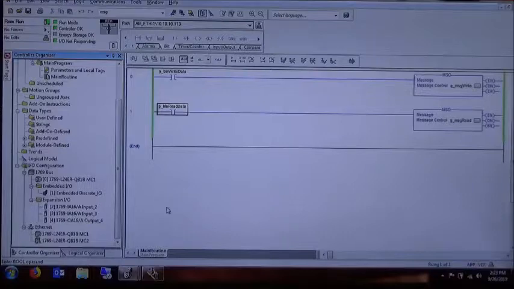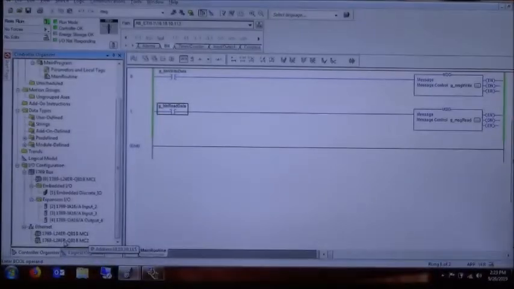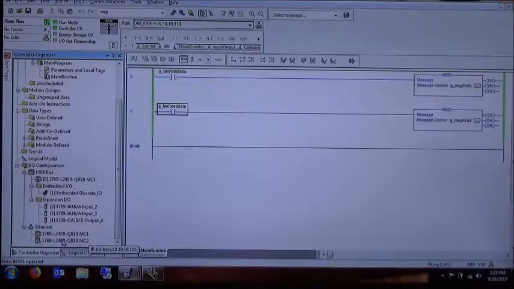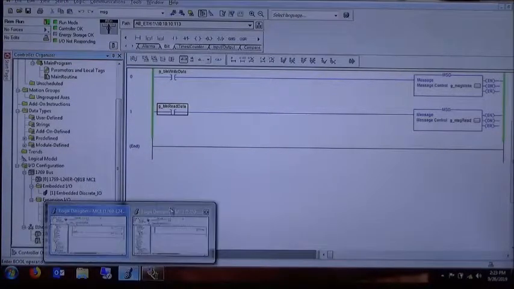And that error is where I set up that consume tag. It's trying to consume data from a tag that's not created yet in the other processor, so it's giving me an error. So once I go over here and actually set up the produce tag, that error should clear and go away. So let's go over here to MC2,